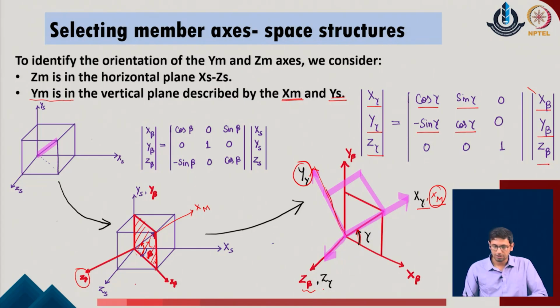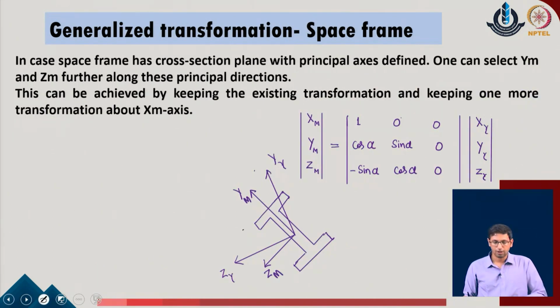The second one which is identified over here is our y of m in the given system, and this third one is the z of m of the given system, right. So, these are the three axes which we have got in the given problem. Now, this is done with the consideration that the cross section related changes are not there, which means that if I now at this point identify that on the cross section also I end up with the y of gamma and z of gamma not in the principal axis direction, I need to further make a rotation on the cross section plane of the system.